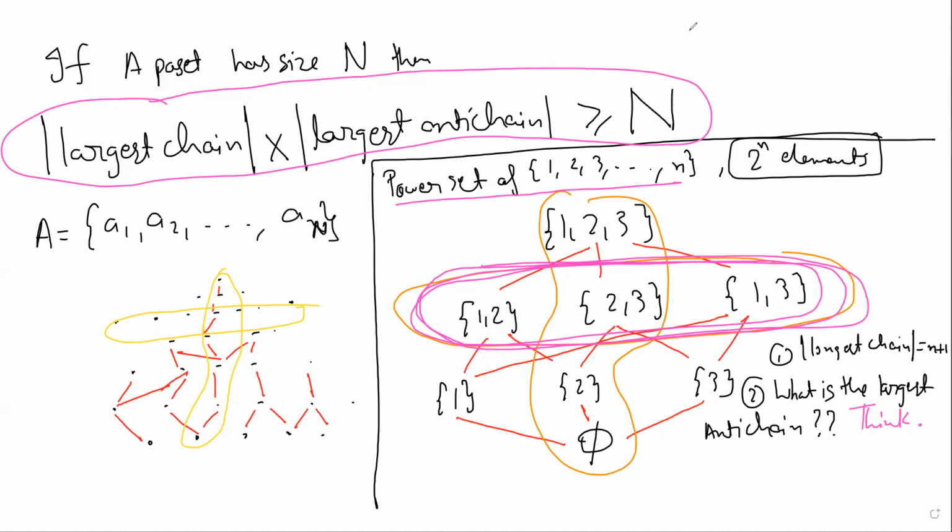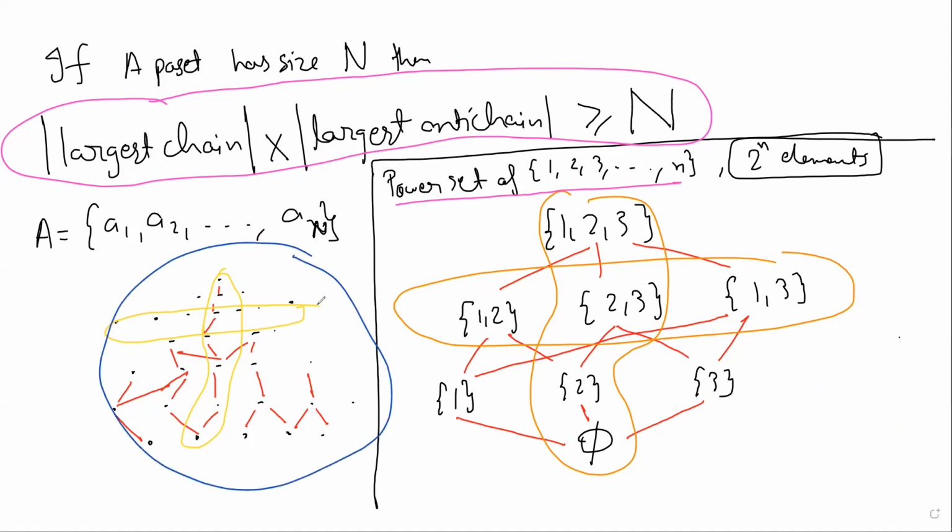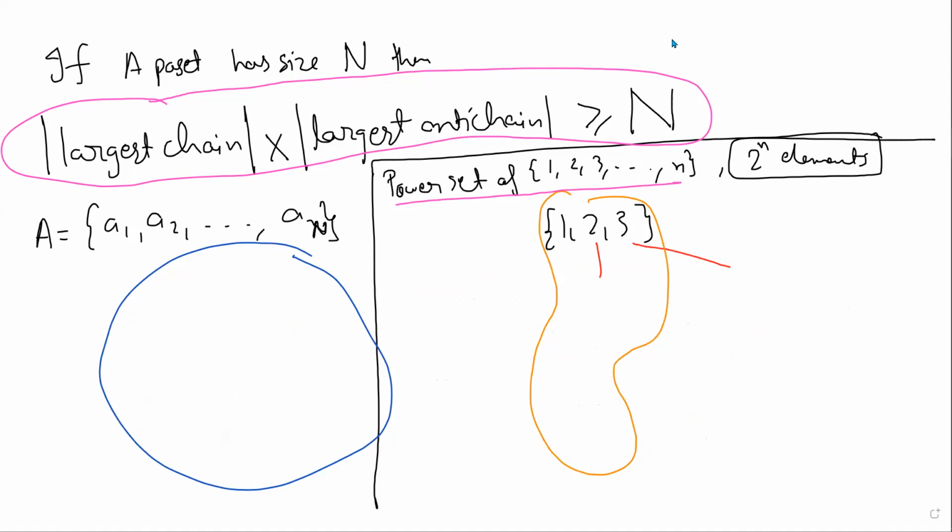Anyways, why I did this example is that we'll revisit this question later on. It is to again show you that any poset can be drawn in the way that I have described. And then it is obvious that if you take the largest chain and largest anti-chain, roughly speaking, though we still need to prove it. So how can we prove it? So let's remove these things. So the question.